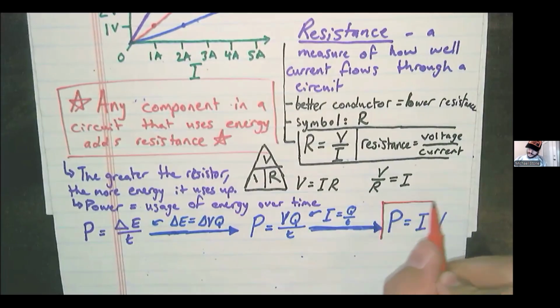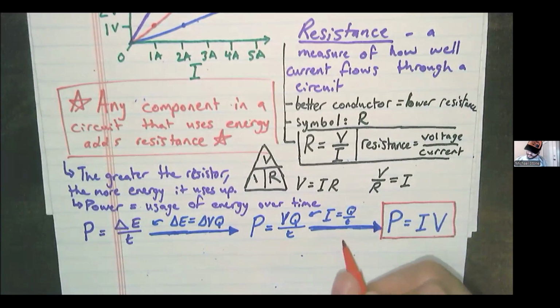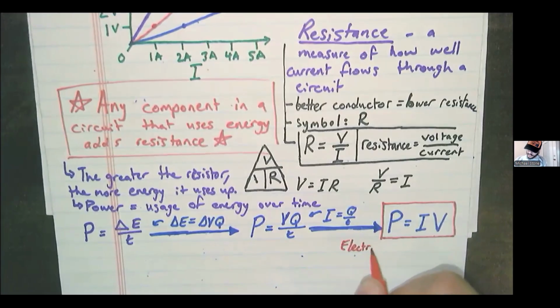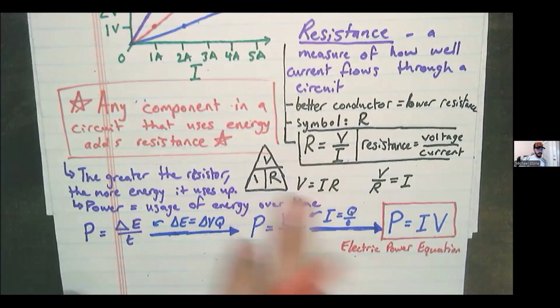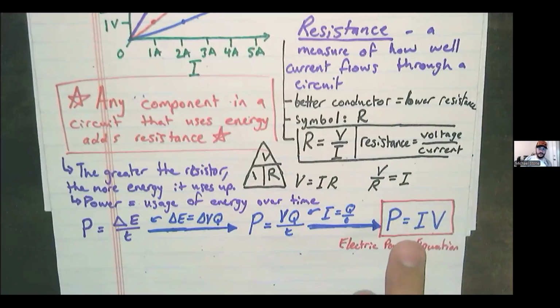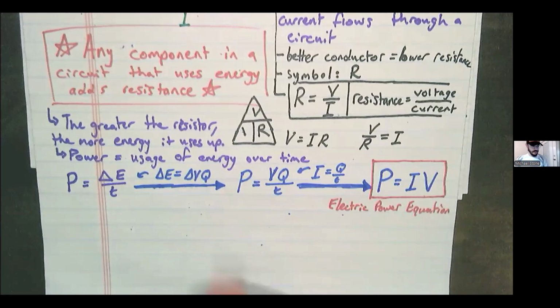So you will often see questions about resistors in terms of how many seconds it would take to release this many joules. If it's a power question, this can help. This, we will make a note, is our electric variation of the power equation. Now, if we take Ohm's law that we have the cheater triangle for here, we could make further substitutions and derive all sorts of fun versions of the electric power equation.